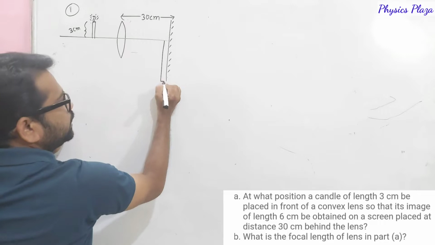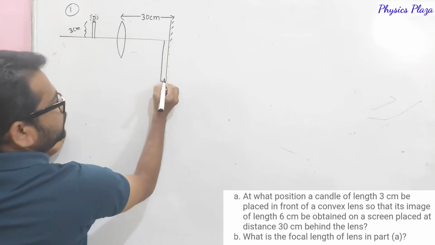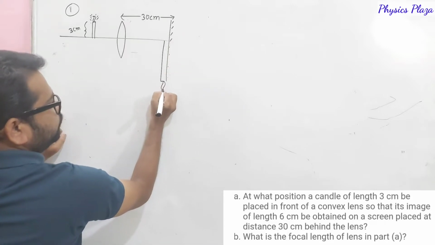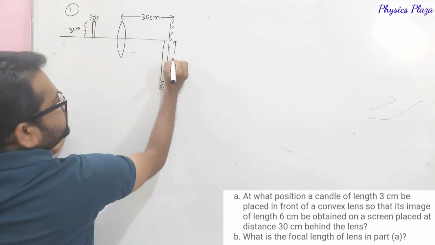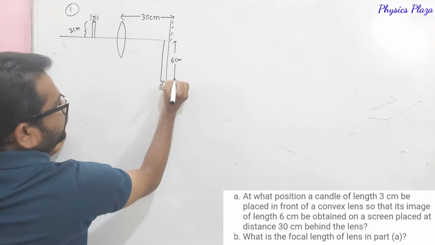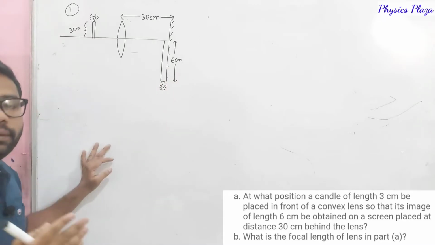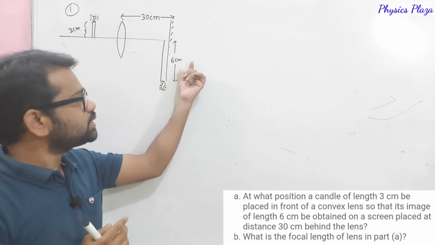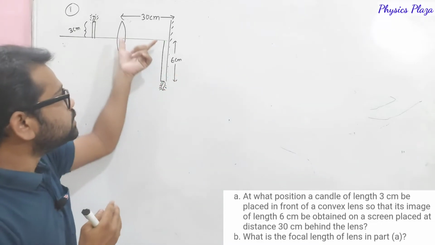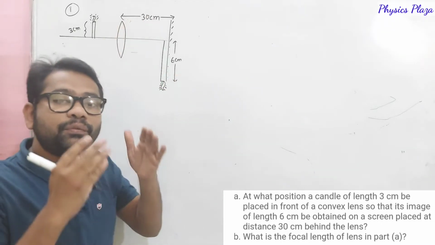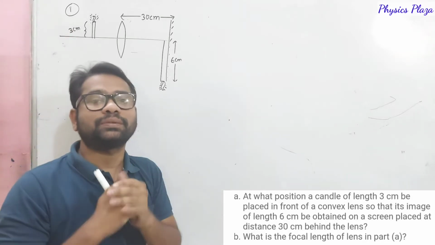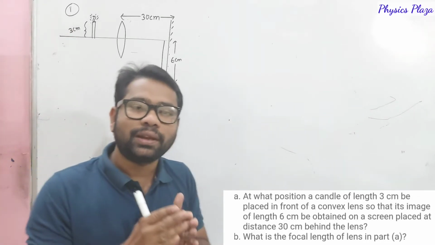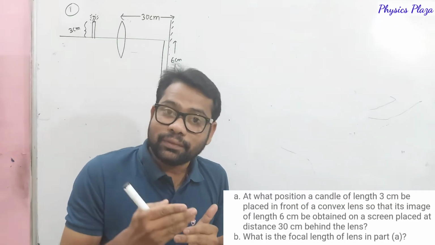So here the image of the candle is formed. Let us say here is an image, and the height of this image is 6 centimeters. So in order to get an image of height 6 centimeters at a distance of 30 centimeters, where must the object of 3 centimeters height be placed? We need to calculate the object distance, and then we need to calculate the